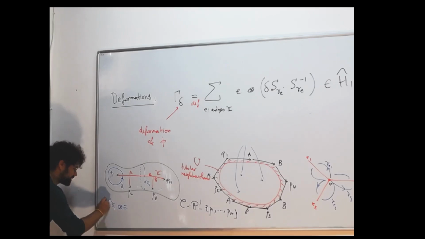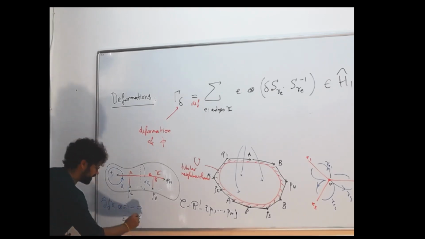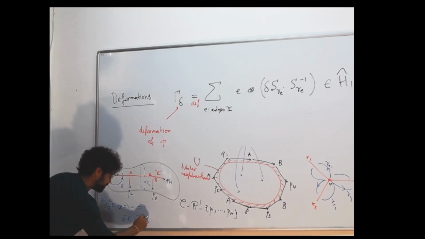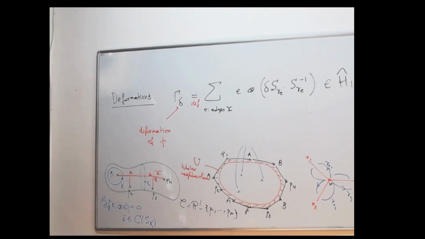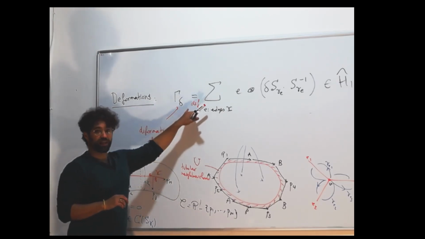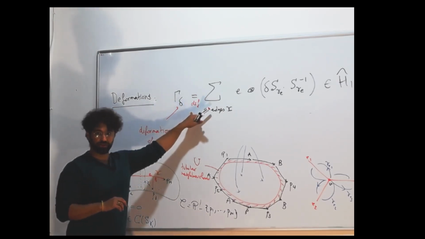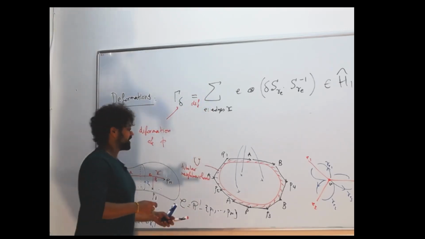This was equal to 0 as soon as E belonged to the centralizer of the monodromy around that edge. Okay, and these, for the external edges, are the cycles that you cannot obtain from this construction here. Okay, but for the other ones, you can